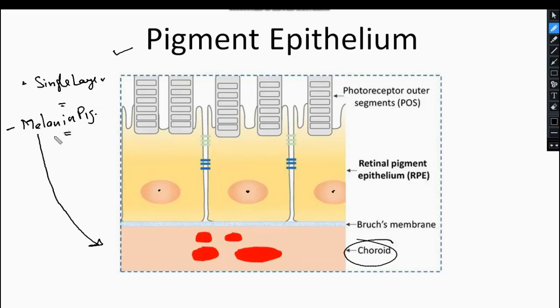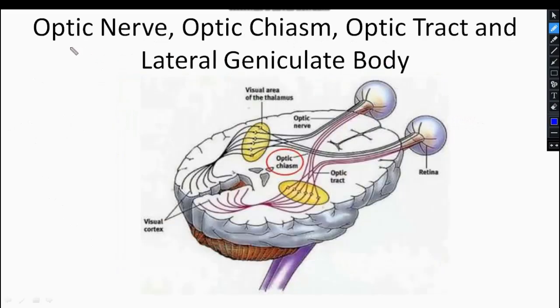So the energy which entered in the form of light over the photoreceptors will generate the nerve impulse, and the nerve impulse generated through the cones will move through the bipolar neurons, then the ganglion cells, and then through the optic nerve. It comes out and travels through the optic nerve, which we are going to see in the next one. This optic nerve is 4 centimeters in length.